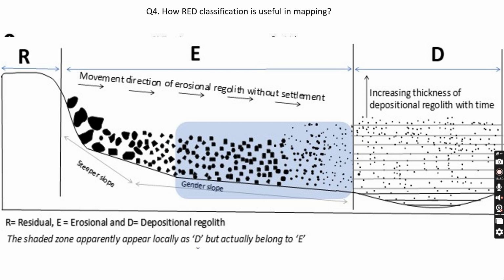Depositional regolith is mainly confined to the depressed portion, the area where that low lying area is surrounded in every direction by higher elevation. Thank you. I hope it will be helpful for anybody who